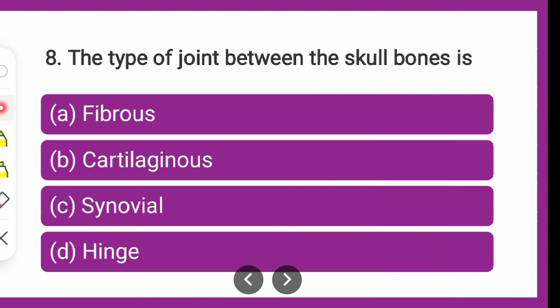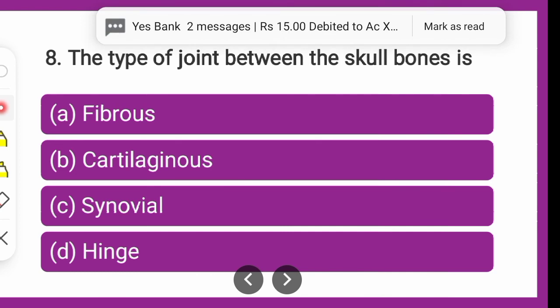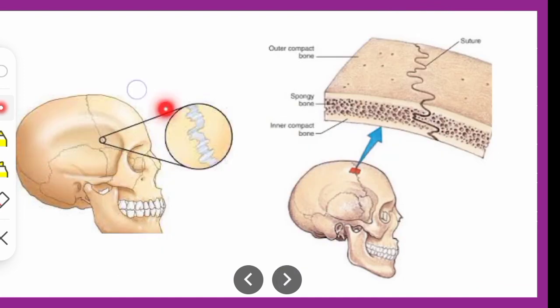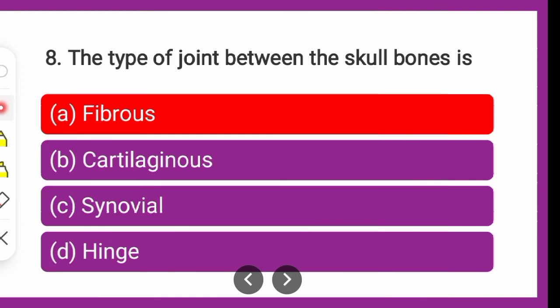Now it is very easy to identify the answer for this question, because so far we have almost done with the types of joints. So it is very easy to identify the skull bones now. You can put your answer, come on fast, in the comment box. Now these are nothing but the bone joints which are immovable, fixed joints. They are called as fibrous joints. So the skull bone joint is fibrous.